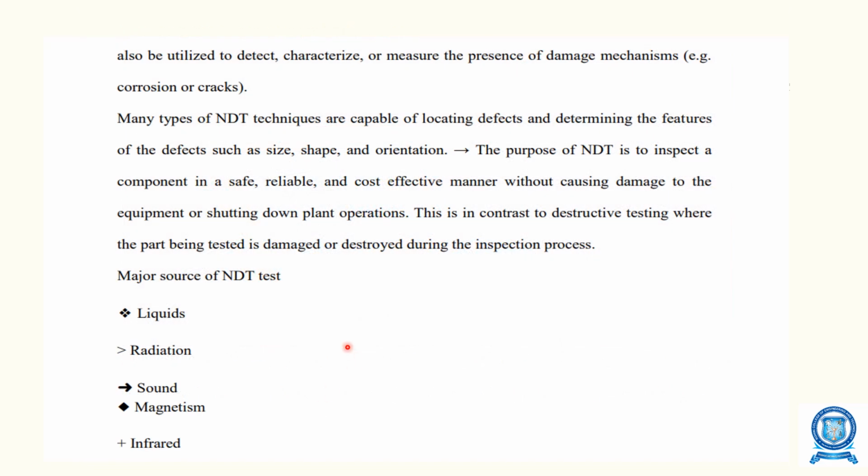So these techniques can be utilized to detect characteristics or measure the presence of damage mechanisms like corrosion or cracks. So if a material has corrosion or cracks, those kinds of materials can be tested by using non-destructive testing. Many types of non-destructive techniques are capable of locating defects and determining the features of the defects, such as